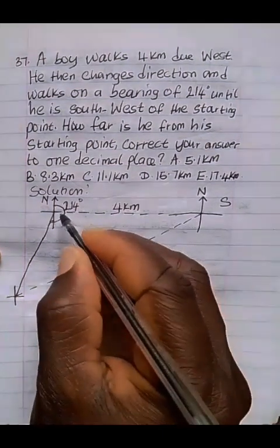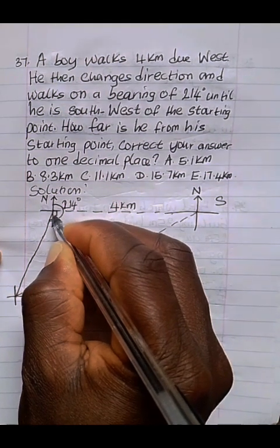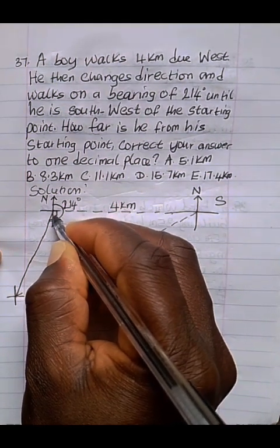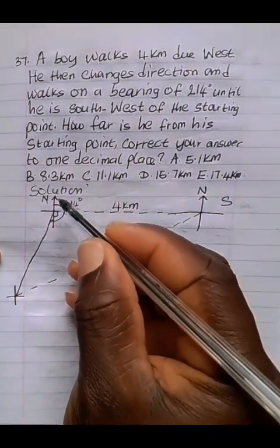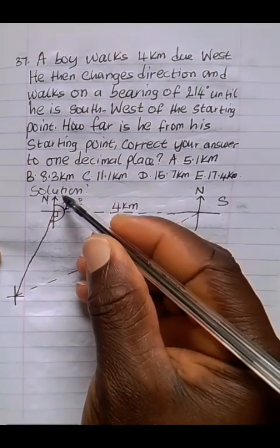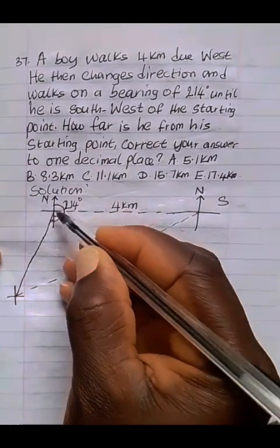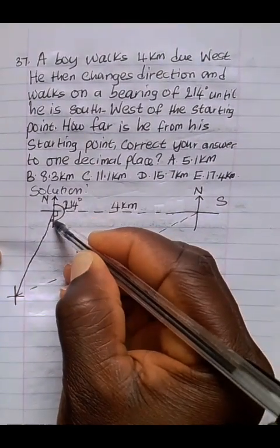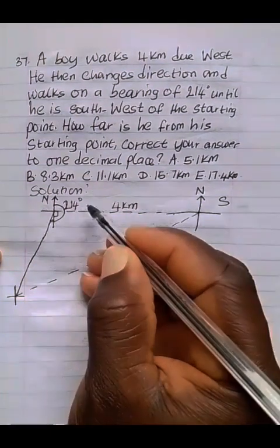All right. This is one quadrant, 90 degrees. This entire side here is 180. From here to this point is 180. To make it